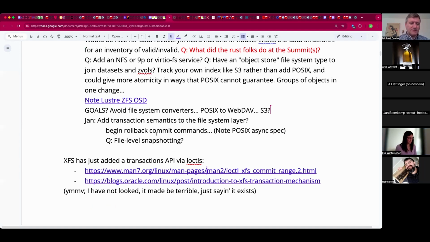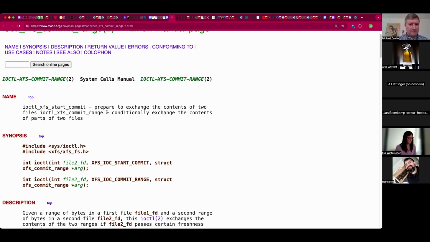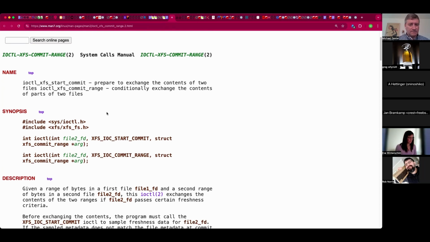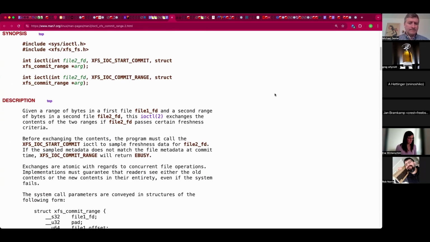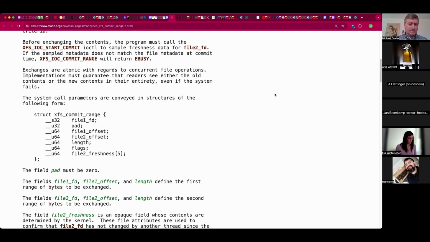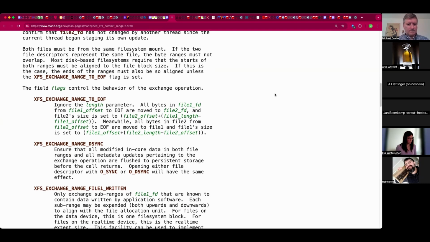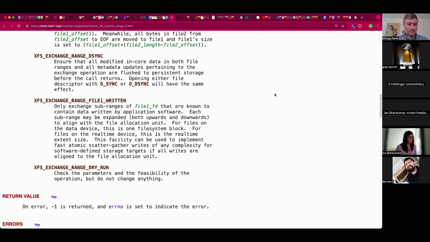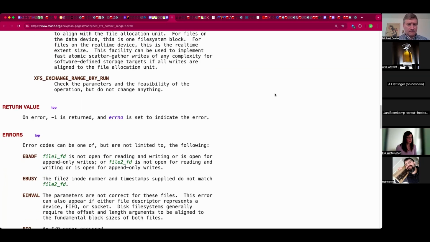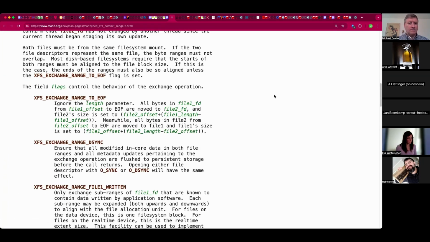Oh, right. Yes. So XFS, which is a Linux internal file system, have just added, I think it may not even be shipped yet, 6.14 maybe, possibly 6.13, a couple of ioctls to be able to do a transactional change through the POSIX layer. So effectively, it's not quite named like that, but you effectively do a kind of